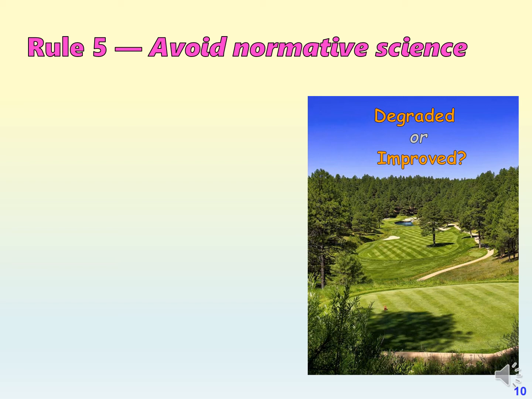For example, here we have a golf course in a forested area. Now, scientifically, would you describe this area as degraded or, the same area, improved? Well, obviously, if the policy perspective was that you want a golf course in this area, the area is improved. Or if you perceive this area should have been left in its, quote, natural state, the same area could be defined as degraded. Those are not scientific judgments. Those are policy judgments. Scientifically, the area is certainly different than it would be without a golf course, but it's not better or worse until you apply a policy preference.